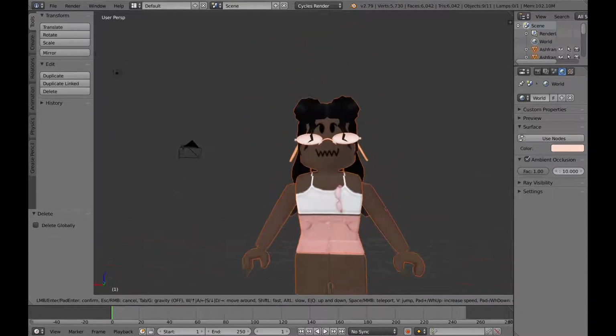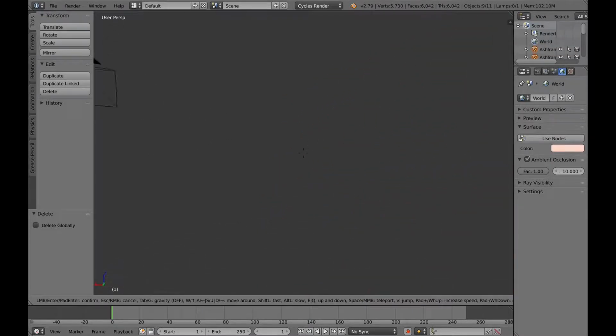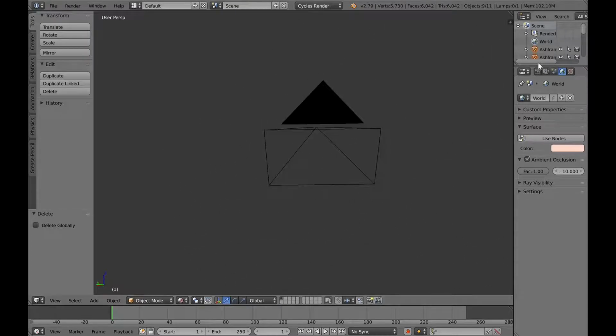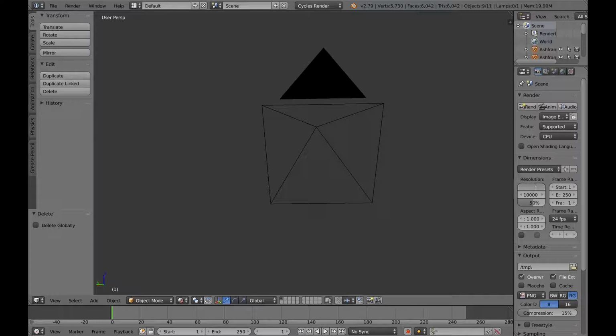So now we're just going to do how to get the camera focused into one spot. Basically, if you zoom over here, you can see this thing. This is your camera. And if we go back to the little camera over here, the resolution actually changes how big your camera is going to be. So if I put 10,000 by 4, you can see it changed drastically. And 10,000 by 10,000 just makes a huge square. But for now, I'm going to keep mine at the normal rate, which is